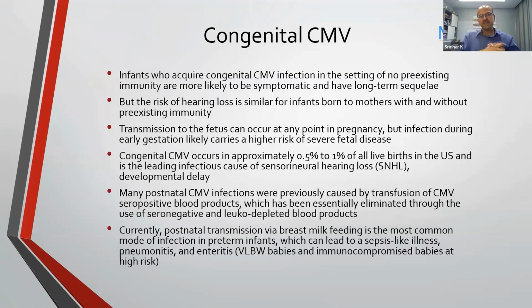And congenital CMV is seen in approximately 0.5 to 1% of all live births in the US. So I said 1 to 3% of the mothers have primary infection, and because 30 to 40% of them can have the baby affected, that's the percentage here. And there is a significant risk of sensorineural hearing loss and developmental delay. So many of the developmental delays where we don't identify any factor could actually be viral infection, especially CMV